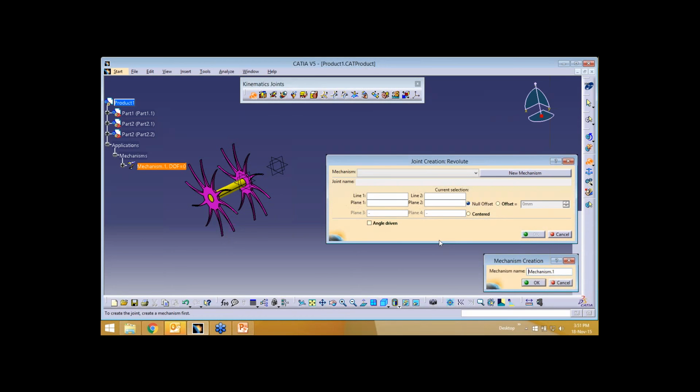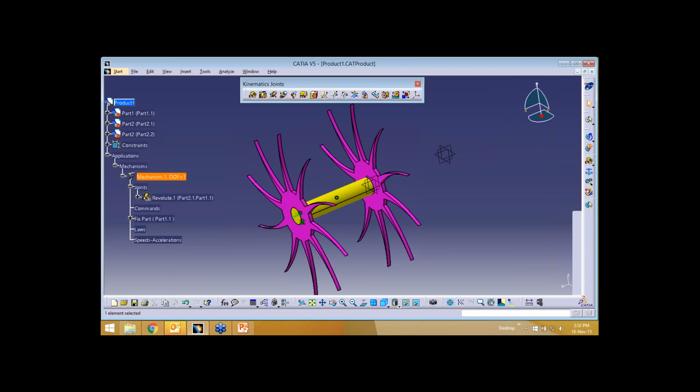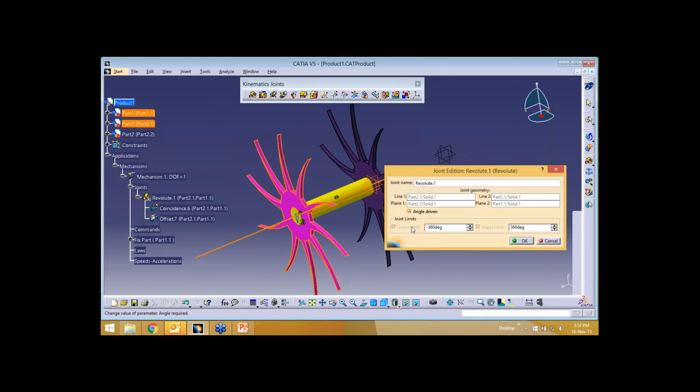I'll say okay. When I run this mechanism on demand, I'm going to rotate it by moving this cursor. When I move it, only this wheel is moving. If I have to make this wheel also move according to this rotation, I can either give one more revolute joint for this wheel, or else go for a rigid joint.